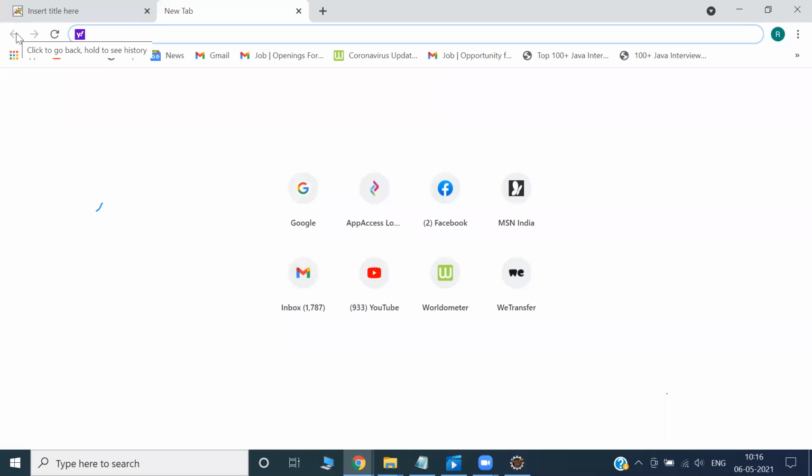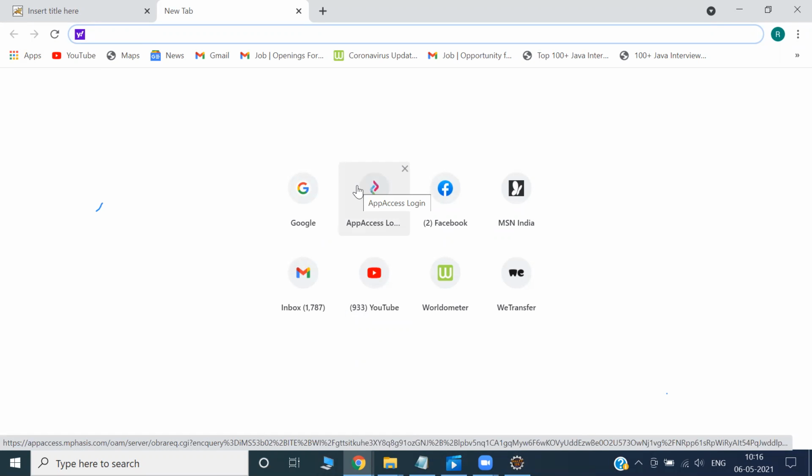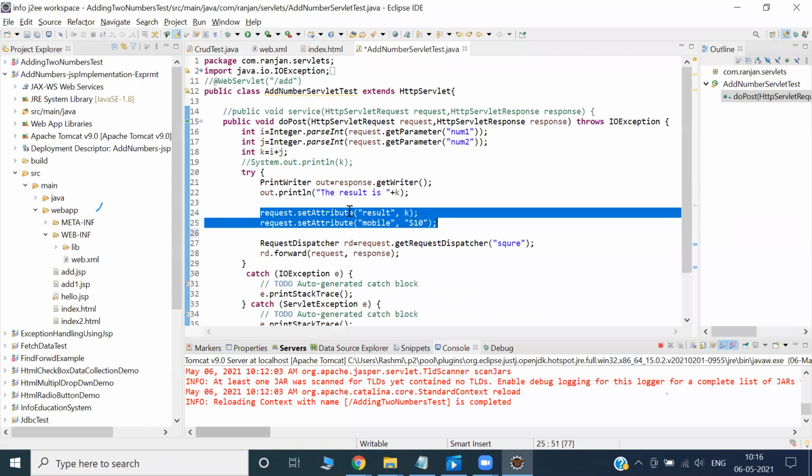So how does this system remember all this information? Is the system so brainy? Who did this thing? It is done with the help of session. We'll understand session.